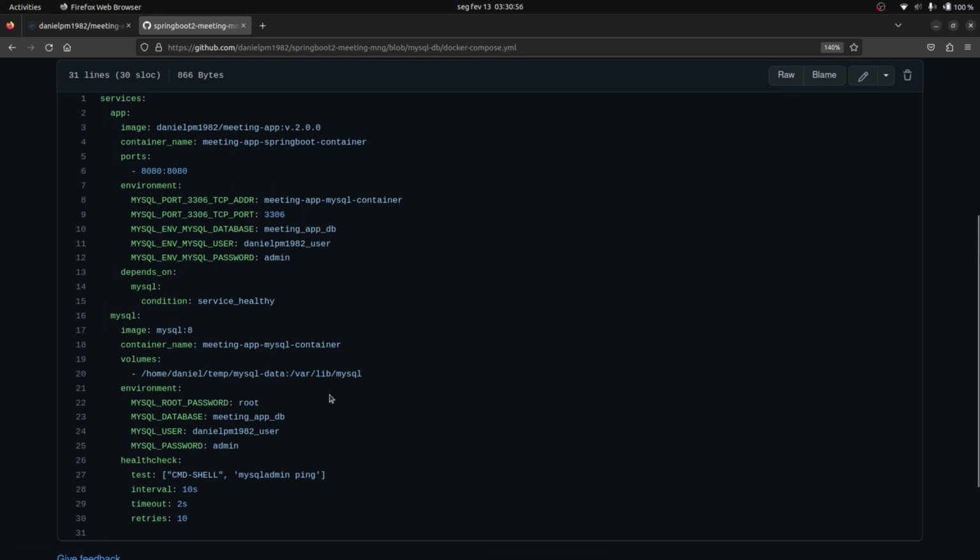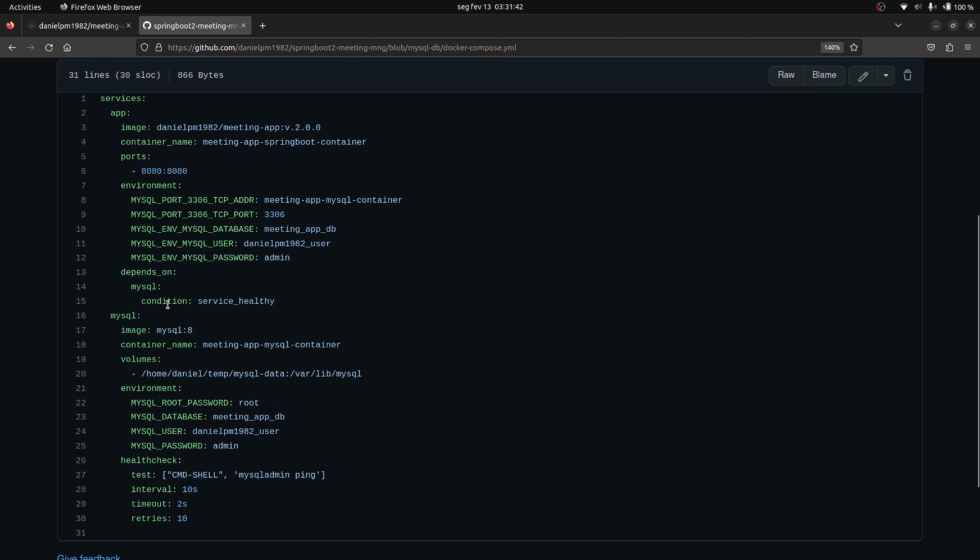So if the MySQL container, for example, takes a little bit longer to start, and the ping results in a negative result, it will keep trying the ping check according to this interval and for this exact number of retries, so that only when the ping succeeds, Docker Compose will end creating this first container, the Spring Boot container,